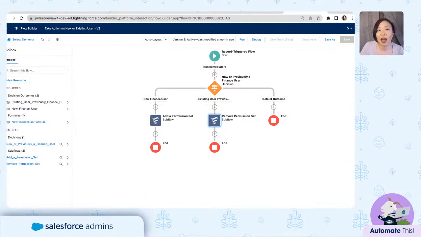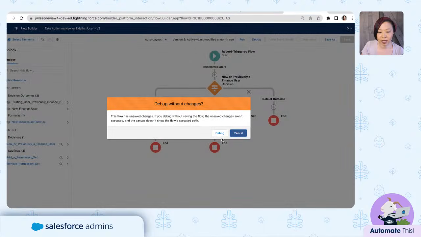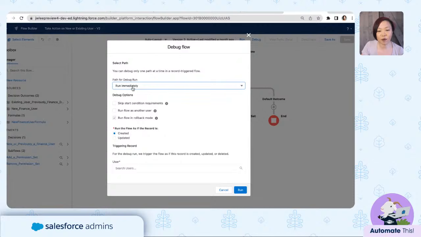All right, so again, you do want to do all your testing of this record triggered flow, and do as much as you can in the debugger versus having to go out and make changes to the record and activating this to make sure it tests out. So we're going to hit debug. For record triggered flows, if you have scheduled paths, which are similar to scheduled actions in a process builder, for example, and if you had a scheduled path in your record triggered flow, which we don't have here, you can run your debug on the scheduled path.